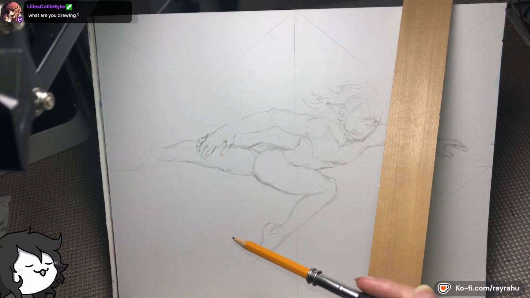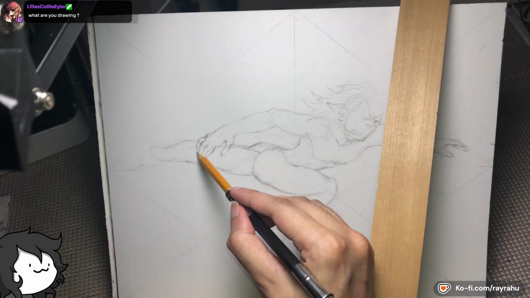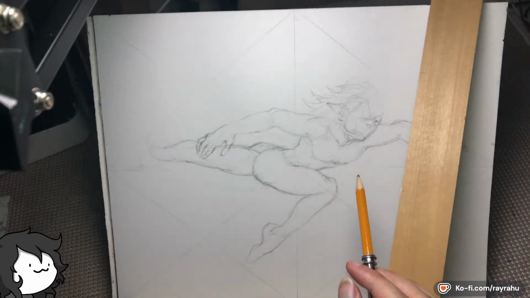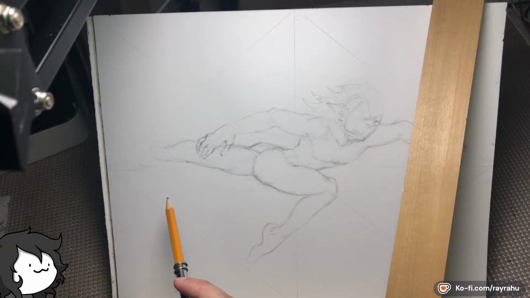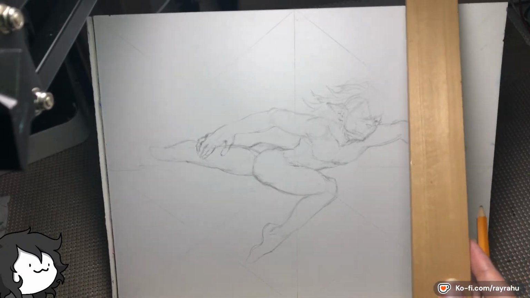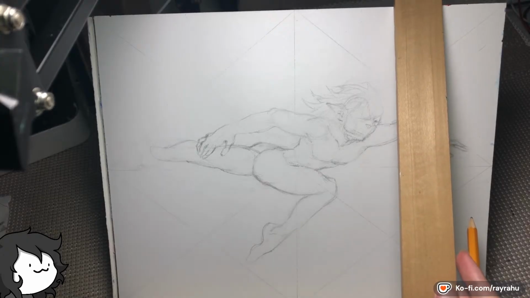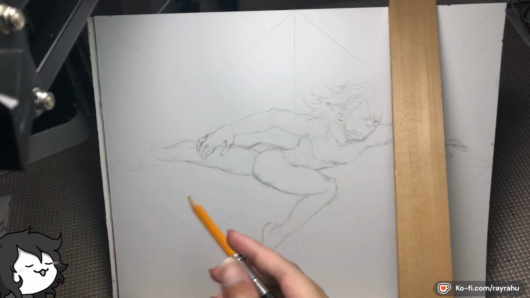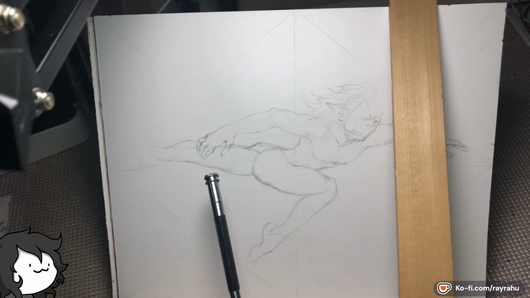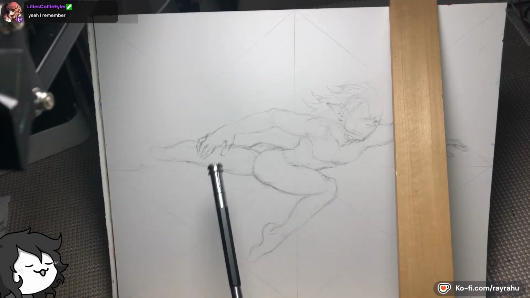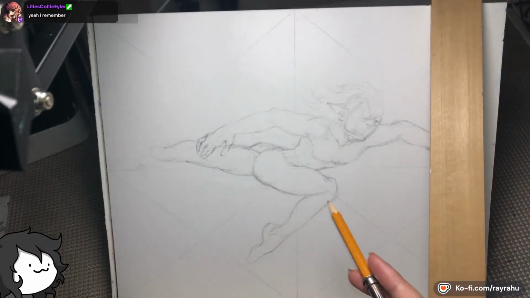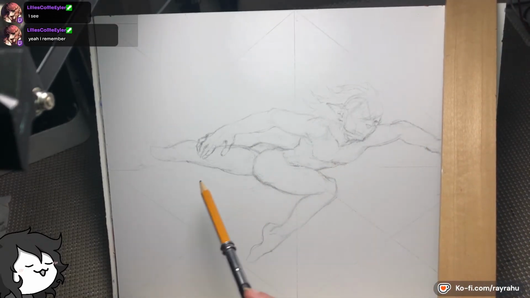What are you drawing? Right now it's the pose for a commission of, do you remember the one where I was drawing that guy fighting a rival Time Lord? There were supposed to be 3 panels. This is the 3rd panel of him basically defeating him. Yeah, it's that one. So it's the 3rd panel of that. But right now I'm basically just drawing the pose.